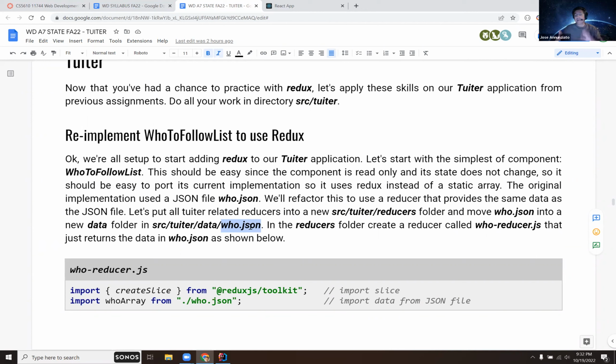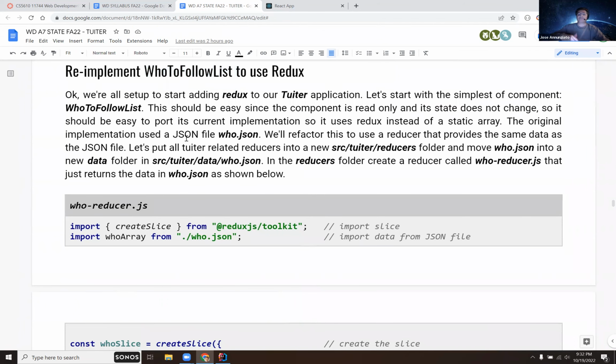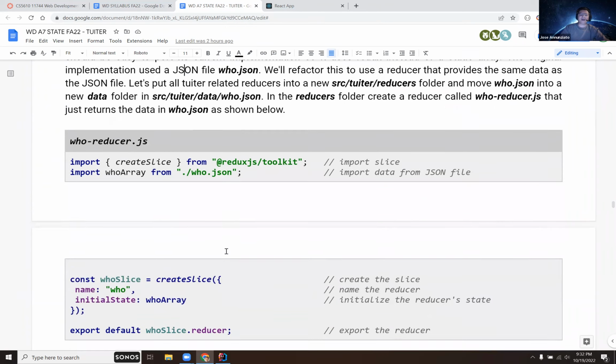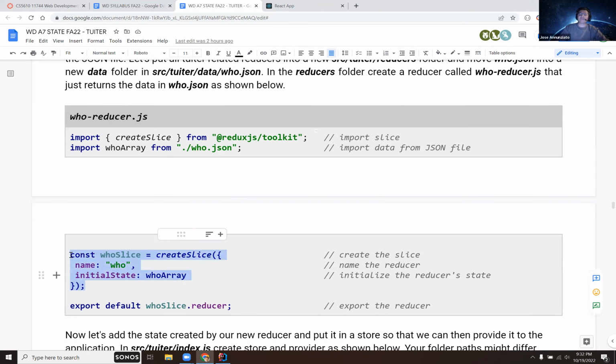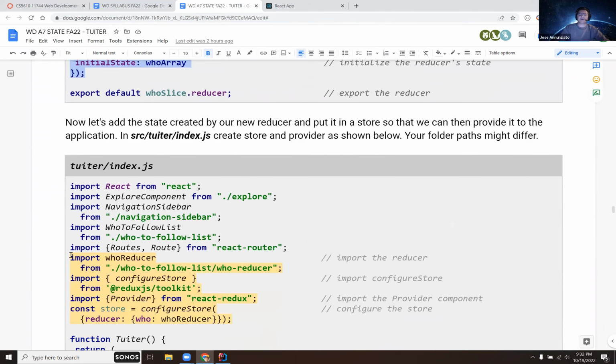So to practice, it asks you to convert that into using Redux. Now, the first couple, the follow list and some of these, are not going to change over time. You just want to read the content. So you're not going to be able to create new who to follow. So it asks you to just create a very simple Redux slice,